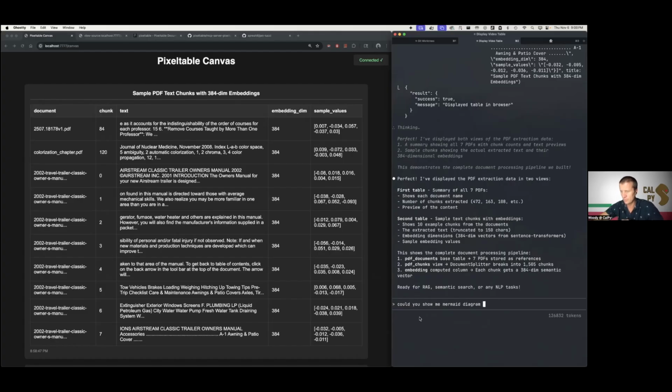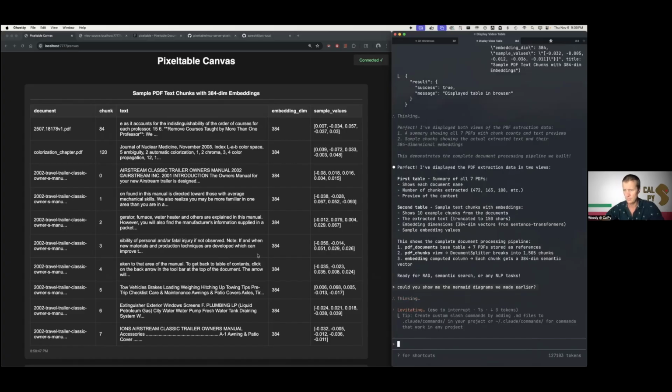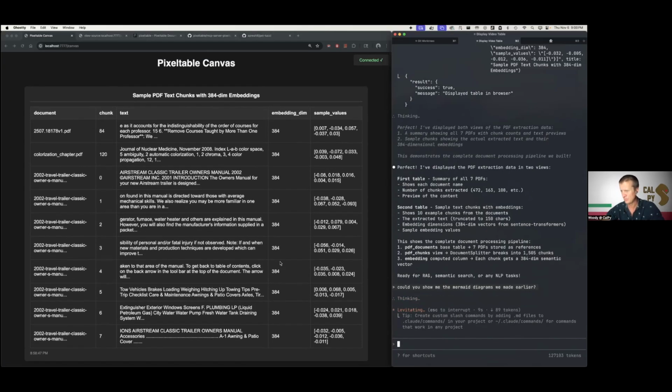So if I want to see the structure of tables, this is looking at my Pixeltable and it's going to make mermaid diagrams of some of the tables in there and their relationships.